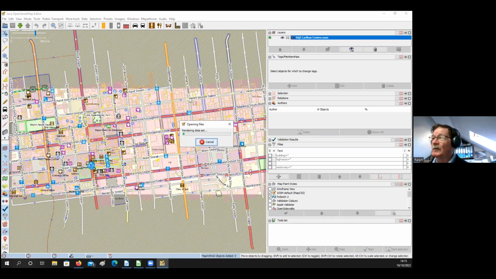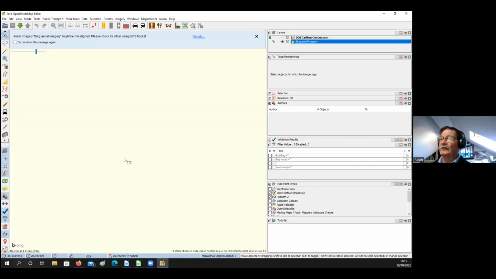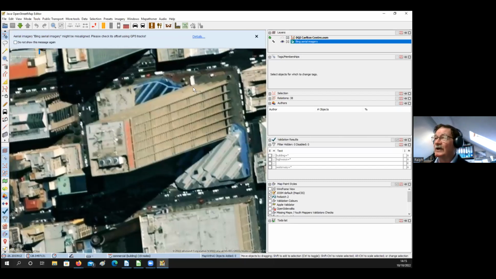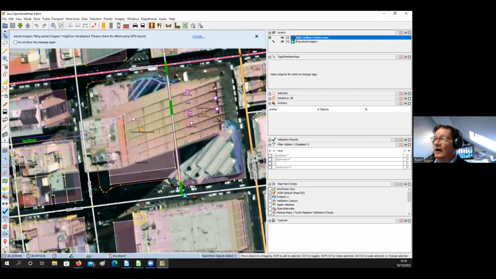Right, okay. What I want to show you here is this building here. Now, this is the Carlton Center in Johannesburg. And it's a good example in this imagery. You can see that while the base of the building is quite low down, the roof of the building is way across to the side here. So you can see how far the distance is that the one is away from the other. Let's just show you. There is the base of the building down there, and this is the roof of the